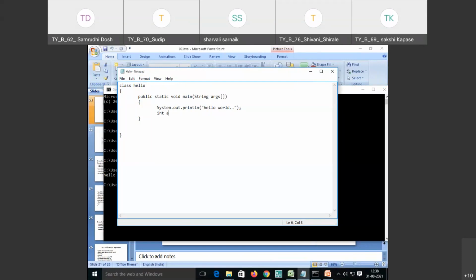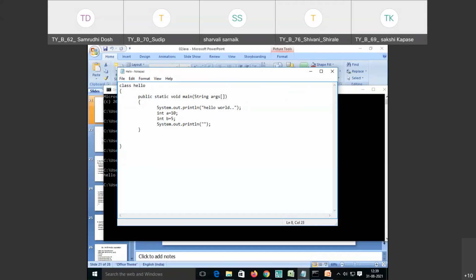I've already told you what data types and variables are. So int is the data type, which is the type of data we are using, and a is my variable name. You can give any name. I'm writing a as 10. Similarly, I am writing int b is equal to, let's take, 5. Now I want to print it. So how to print it? Same, System.out.println, and inside the brackets I'm writing the result of addition.